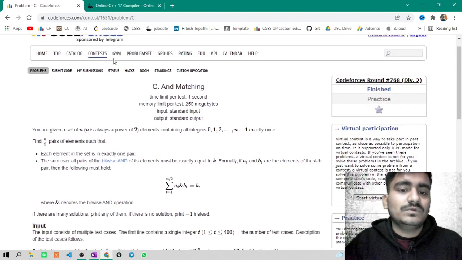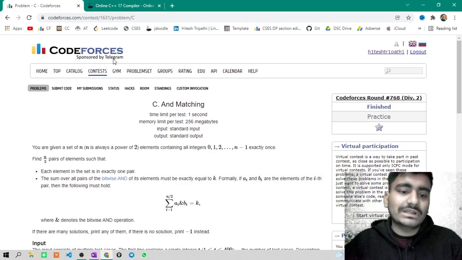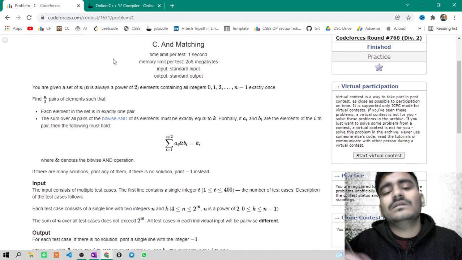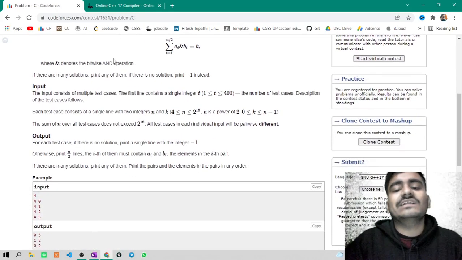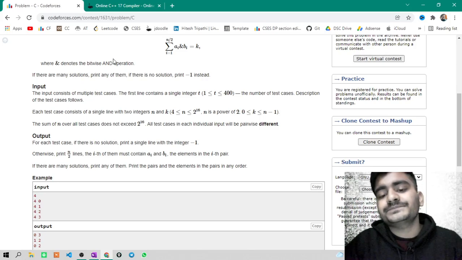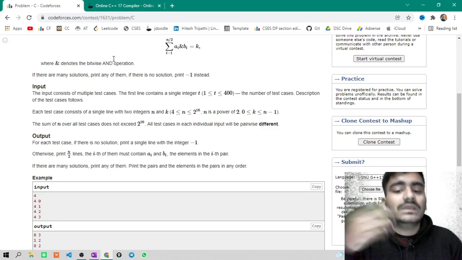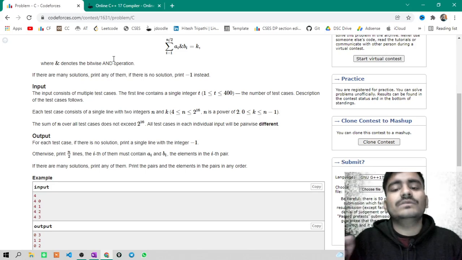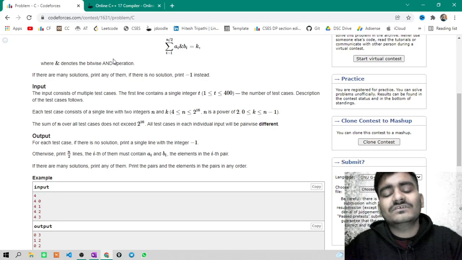Since you can have a doubt about why I was constructing the solution during the video: this question can only be solved in a greedy way. The main highlight of the question was that k is between 0 and n-1. So we have to use some tricks: how we can build k after doing bitwise AND, how we can build 0 from bitwise AND, how we can build n-2 and n-1 from bitwise AND. I've already told you all the tricks, tips and highlights about this question.